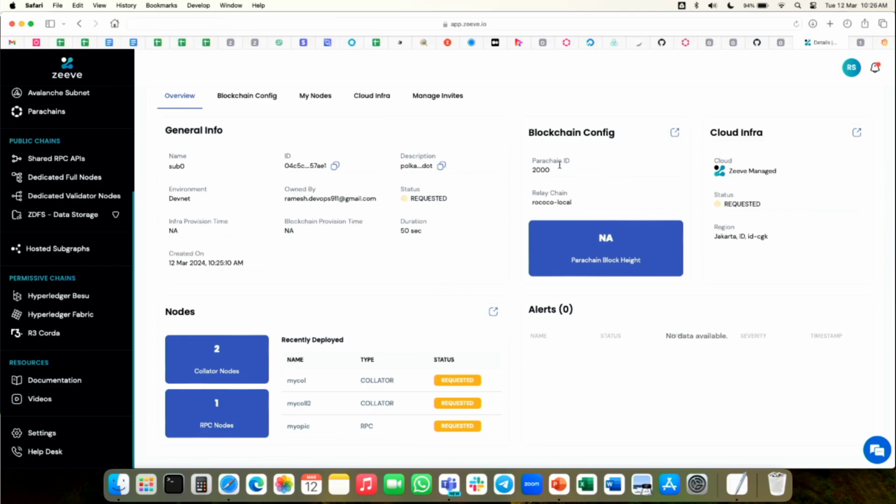You would see your blockchain config. So you would see your Parachain ID, which you picked up, your relay chain, which you chose. The block height, of course, it's not available as of now because the network is still being provisioned. Then cloud infra, the data center region, the status, and the number of nodes at the bottom left of the screen. So you would see collator nodes, you would see RPC nodes, and you would see the status of each